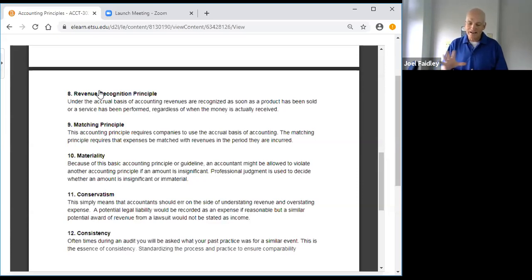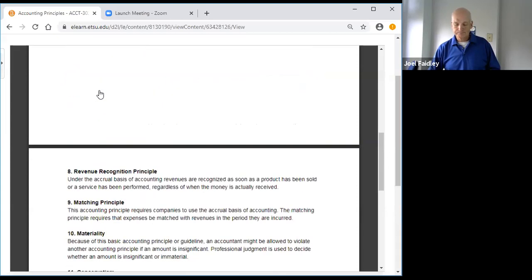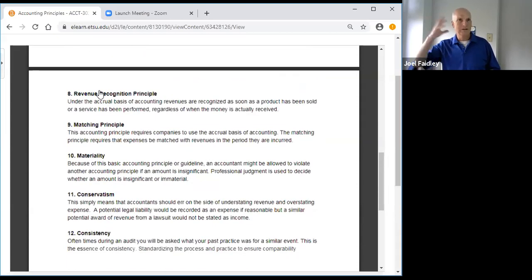All right, so those are the 5 principles there. All these are important. First, I don't want to say the first 7 are important. They're a little more basic than what's going on there. Going concern might be one that I probably should put down at the bottom. But these 5 are the ones that really permeate your brain, that come to mind when you start thinking about, well, what kind of journal entry do I need to make? Or what does that do to my financial statements? Do I need to record anything, or do I need to just put it into the notes to the financial statements, or do I do nothing? These are the 5 that you always have in the back of your mind.